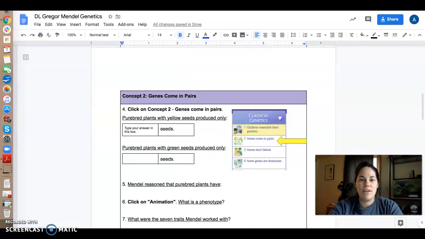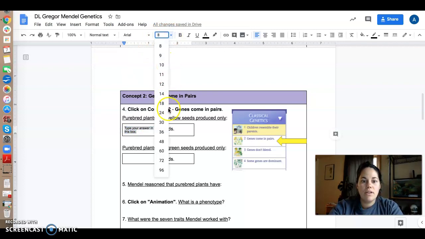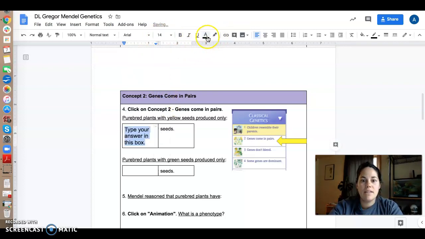So I'll come back over here, and my instructions are to type the answer into this box. So I'm going to make this my answer box. So purebred plants with yellow seeds only produce yellow